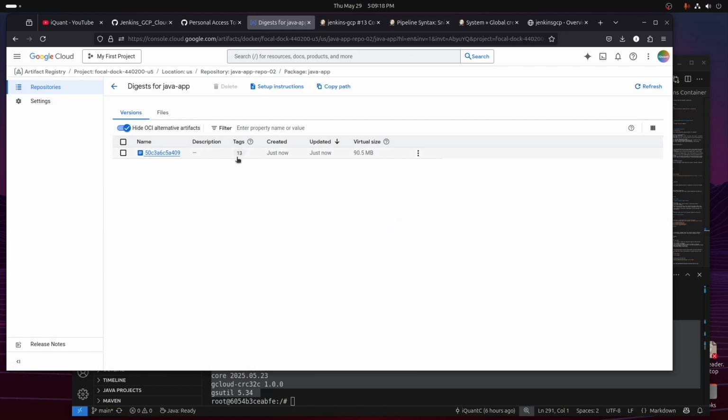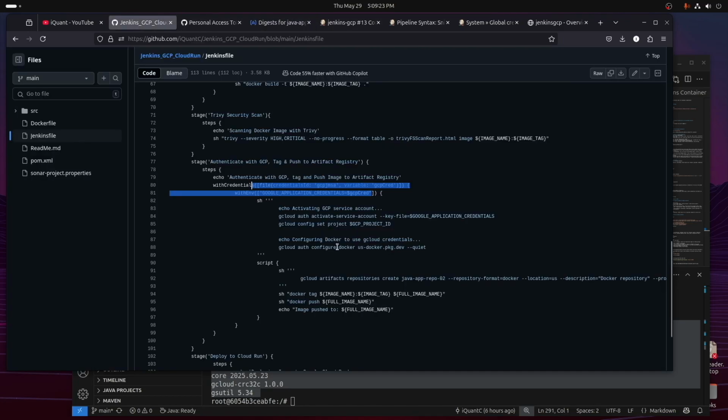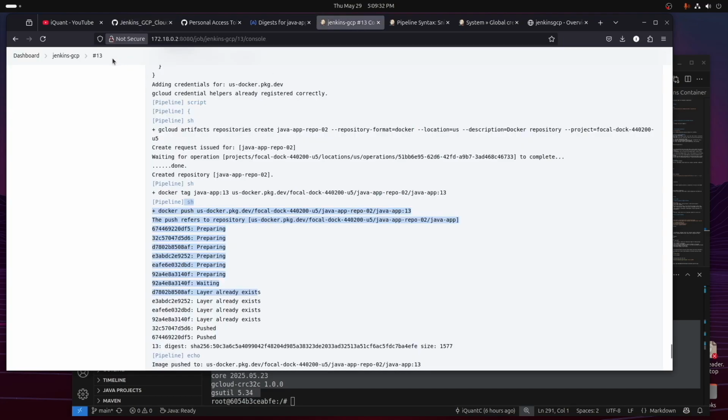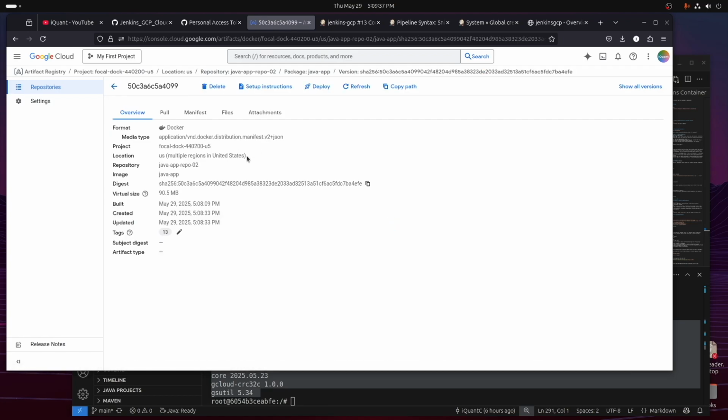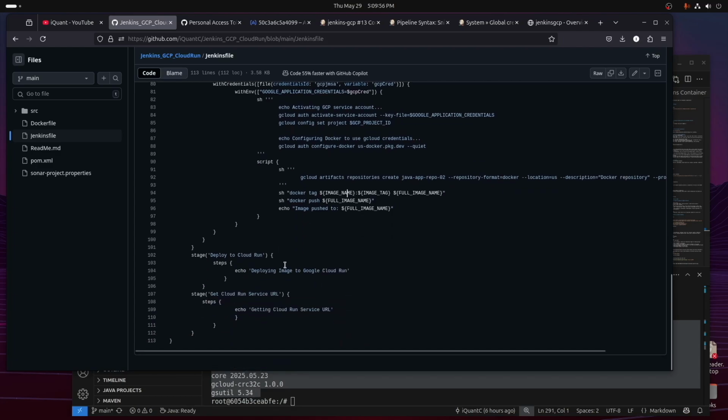The tag is 13. Remember, the image tag we are using is the build number, and this was the 13th build. That's why you see the tag 13. You can click it and get some more information about it too. That's fine. So our next step is to deploy it to Cloud Run and then get the service URL to